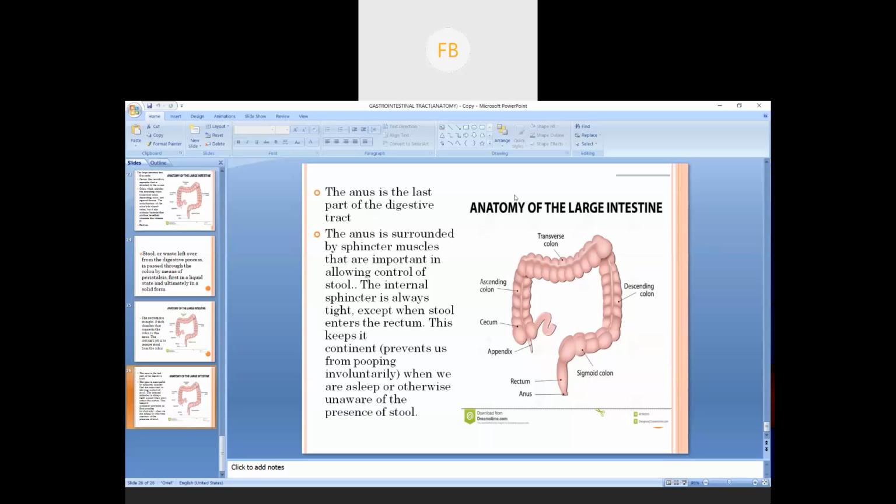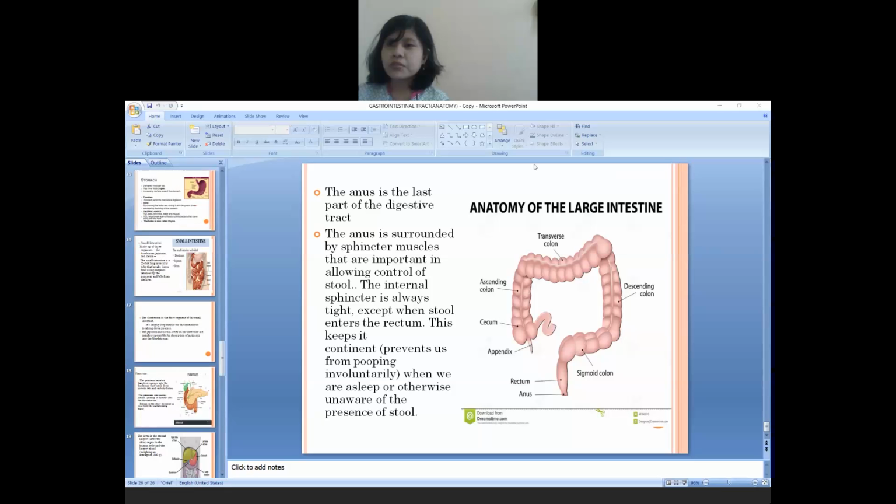So this is about it. Are you clear about it? Is everyone clear? Is everyone clear about GI tract? Ma'am, again explain from first, ma'am. From the first. Actually, yes, time is also very